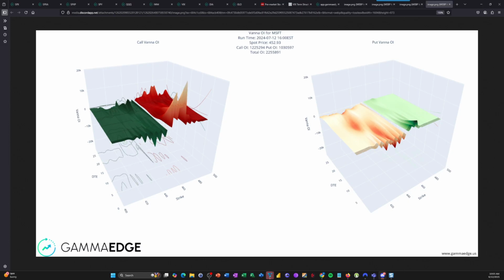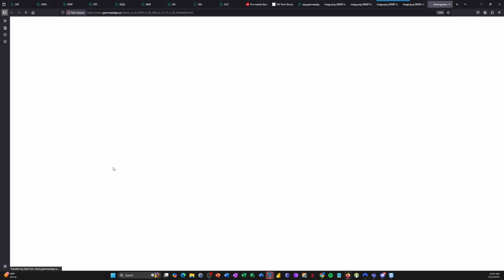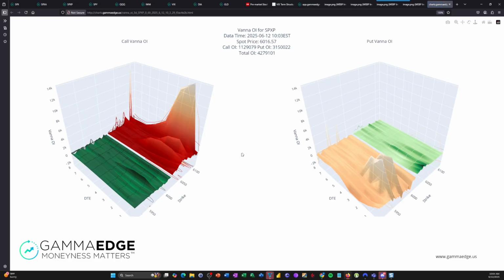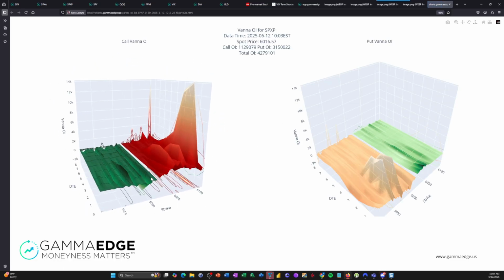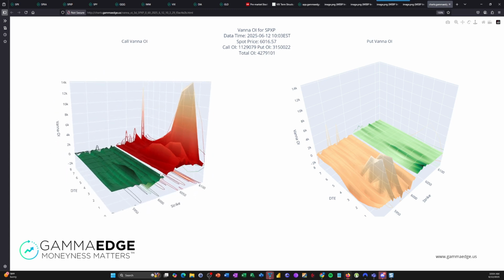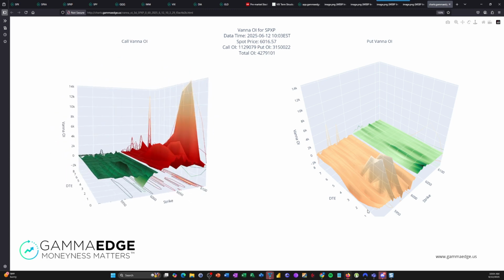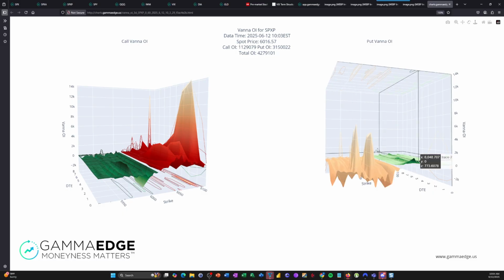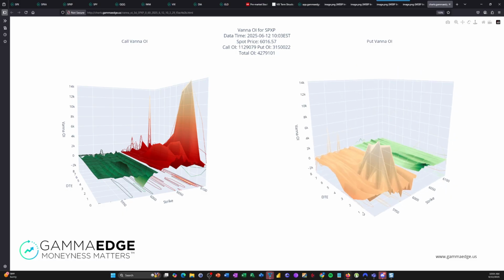And I'm also going to run the net of this just so that we have it. Not that we necessarily need it, but then we'll wait for the squirrels to come back and tell us what's happening here. Just bear with me. Okay, so we've got this Vanna chart that just popped up. It's on the screen now, or it will be on the screen here in a second. And this is effectively what we're seeing in terms of Vanna, right?